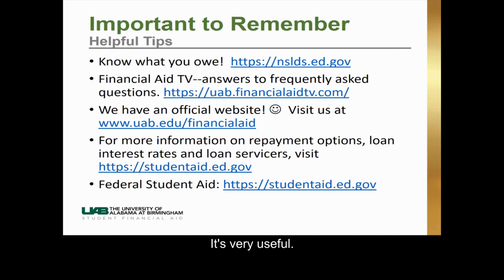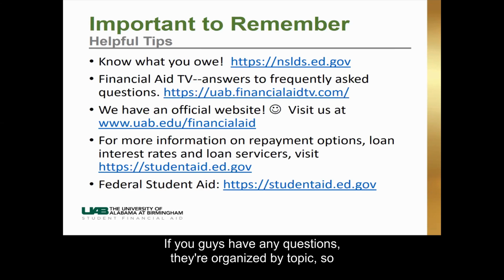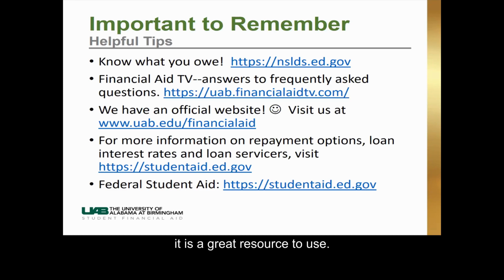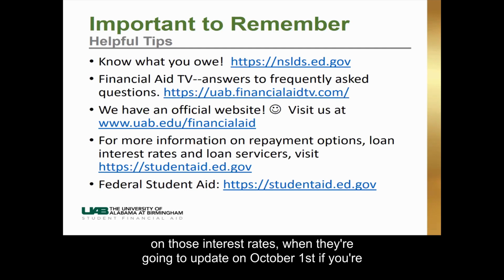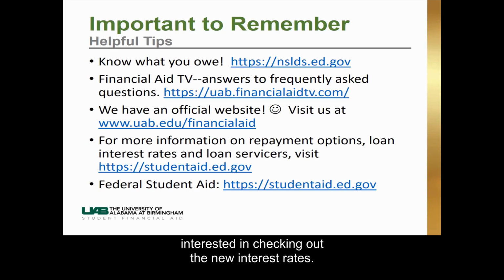It's very useful. They're organized by topic, so it is a great resource to use if you have any questions. We also have a website, of course, uab.edu/financial-aid. That also has frequently asked questions. It has more details on policies like the SAP policy and details on the awards and many different things. For more information on repayment options and interest rates, when they're going to update on October 1st, if you're interested in checking out the new interest rates,